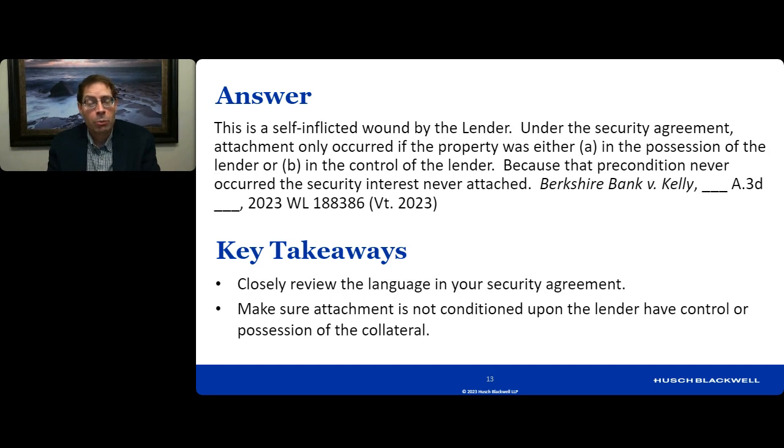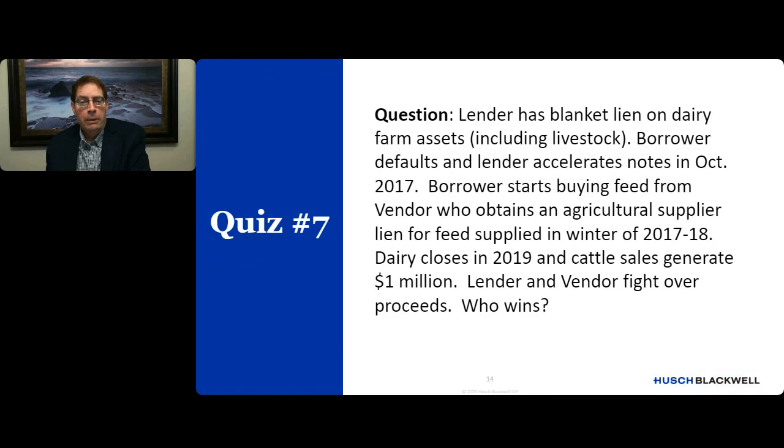The practical problem I think that we run into is most of the time these problems are not identified until the loan gets into trouble. And that's when you have somebody that didn't originally underwrite the loan. They're actually looking at it with fresh eyes and they say, oh, we've got this problem here or this problem there. That's when it comes up, and that's when you have to typically try to work through it. So, all right, this next case comes out of Iowa, and the